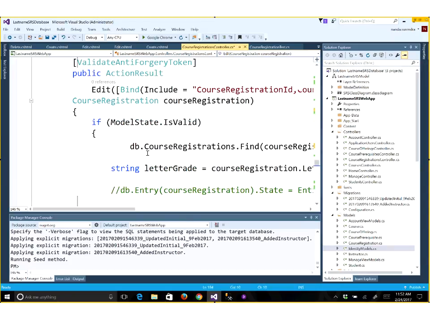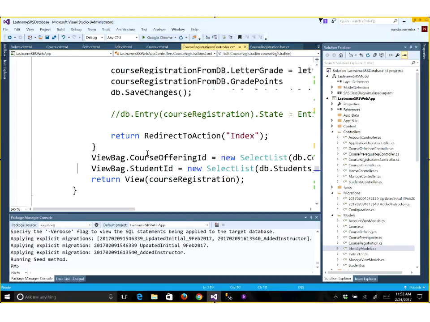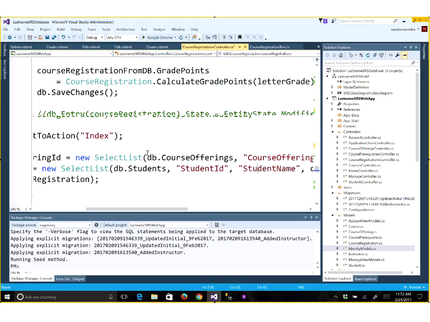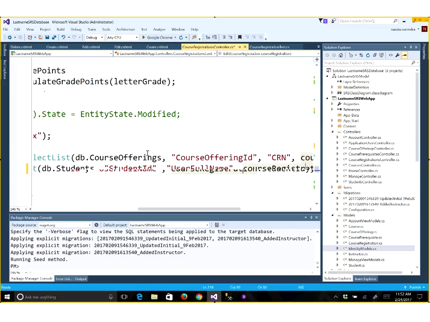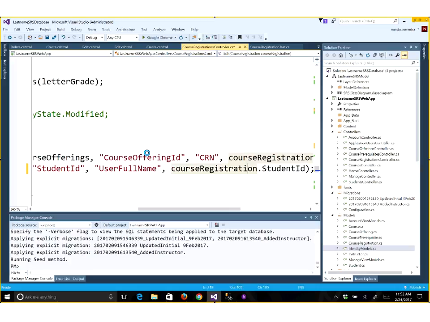Okay, this is for edit. So for edit as well, if you try to display the student's name, it's not there. This is user full name with U and F and N uppercase. Okay. So now if I were to run this,